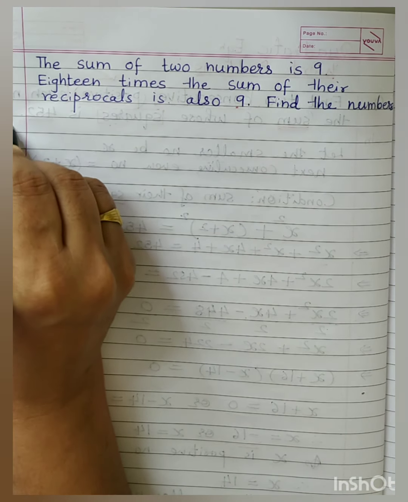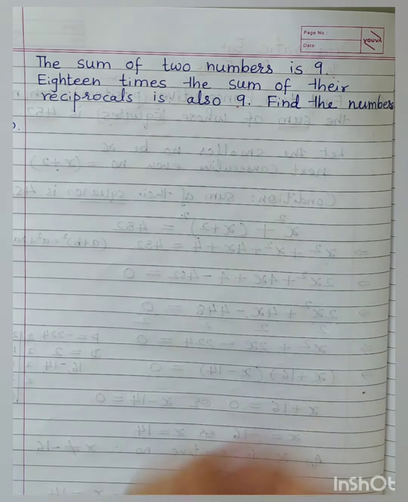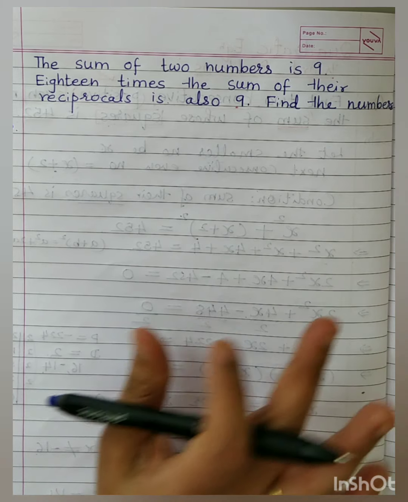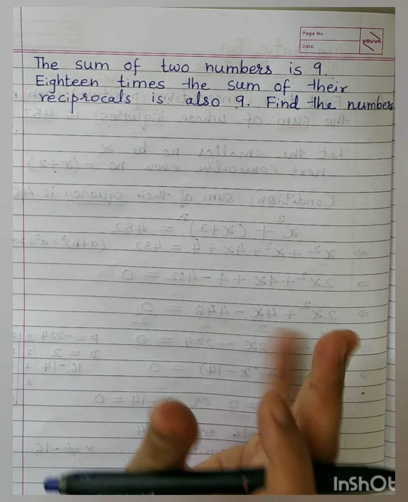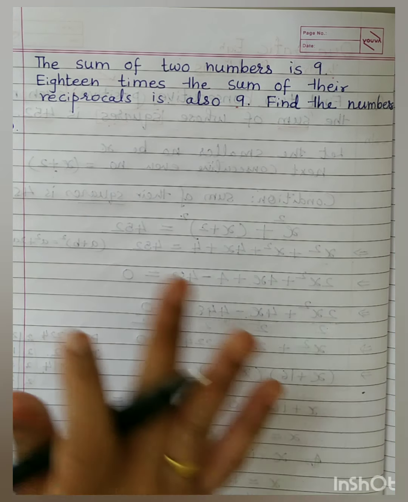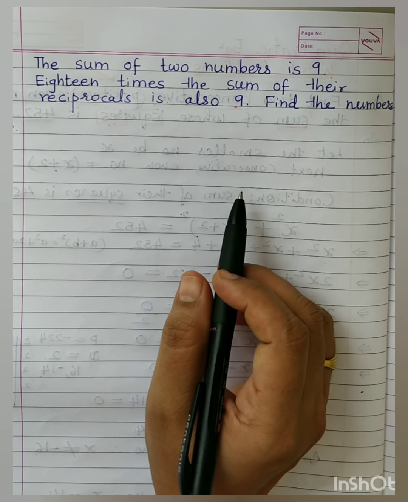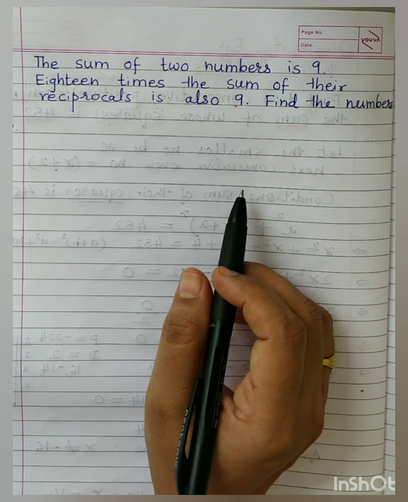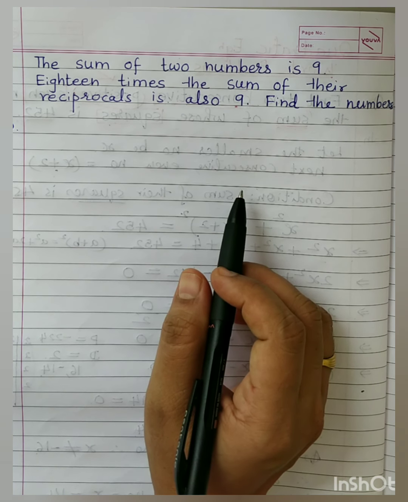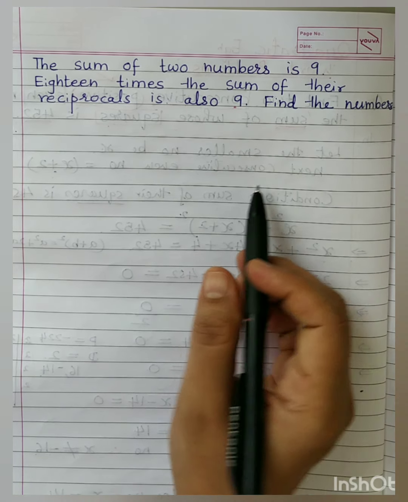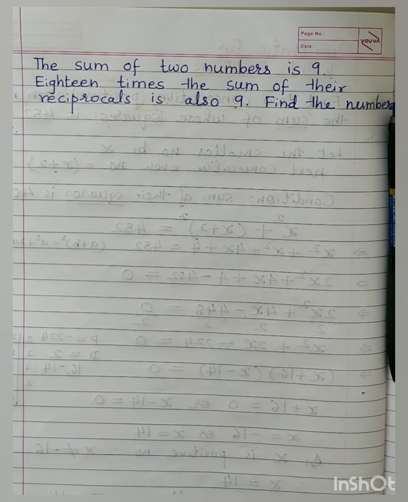So first we have to assume the numbers. The sum of two numbers is 9. Now for those who absolutely don't know how to frame the numbers and are worried about that, I'll do the very easiest way. First thing you have to remember is that quadratic equations are in one variable. But if you think that thinking the variable is a problem for you, no problem, you think for two variables. In rough I'll show you.